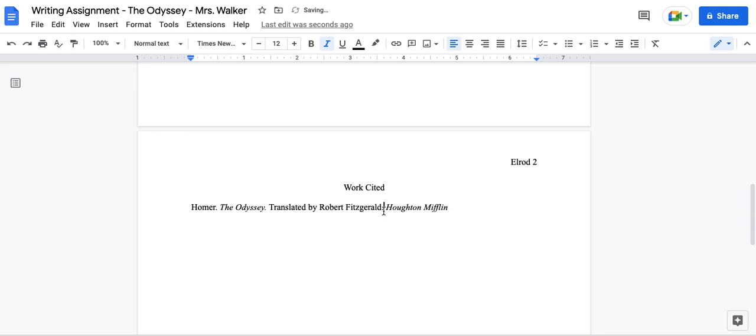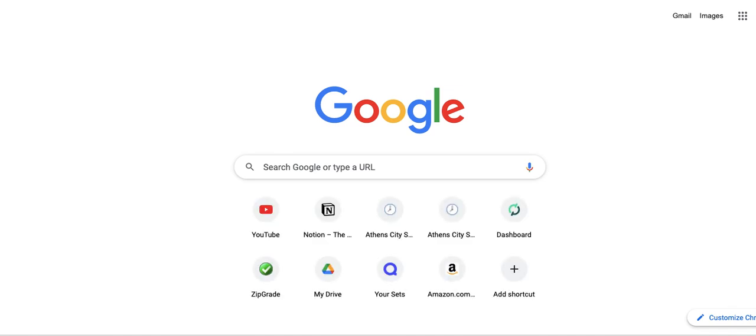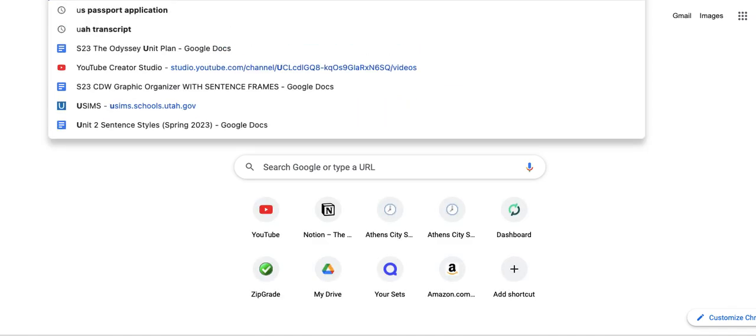Mifflin. Oop, and I got to make sure that I have my commas right. So Houghton Mifflin, comma, okay, we do not have a date for this. And then we're going to need the PDF URL. So I'm going to go and look up my